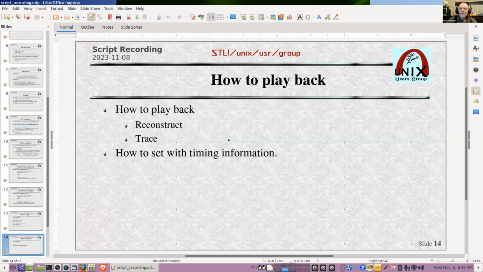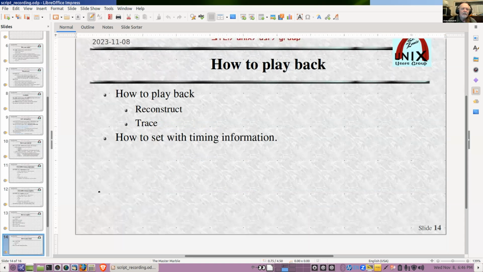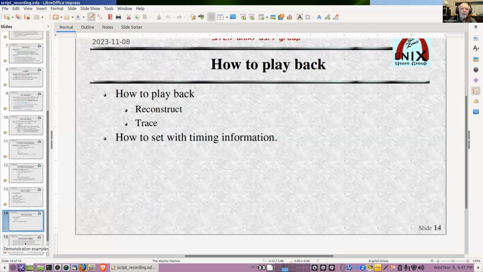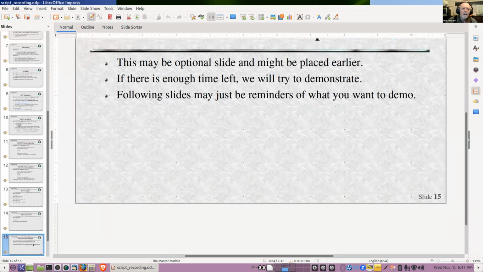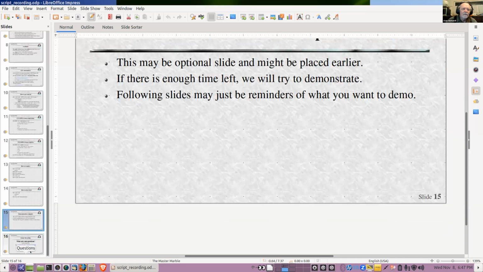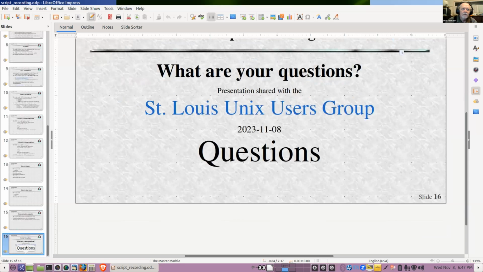So these are extraneous files. I probably should have just thrown them away, but I thought I'd tell you that I was thinking about doing much more and making a much longer presentation, but this is going to be long enough. So we're going to go right into the demonstration examples, okay? And after that, we're going to go to the questions, okay?